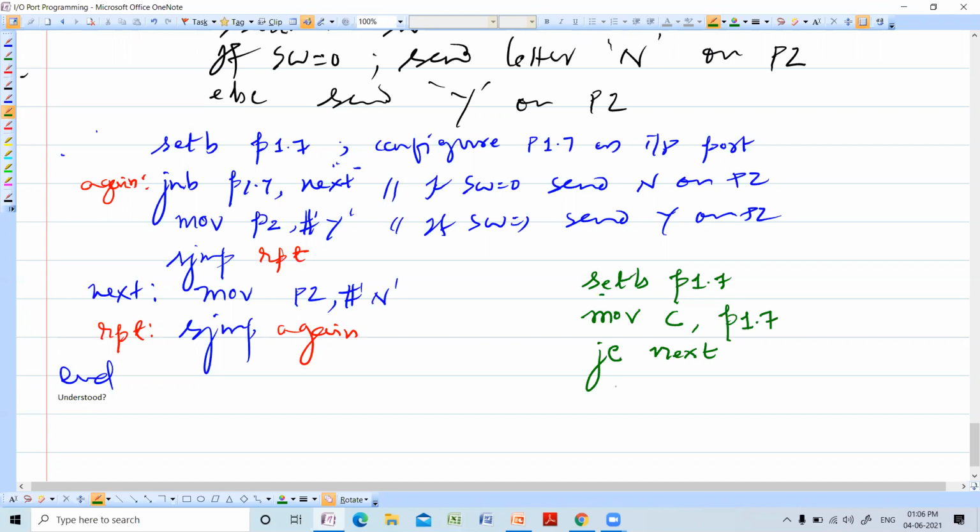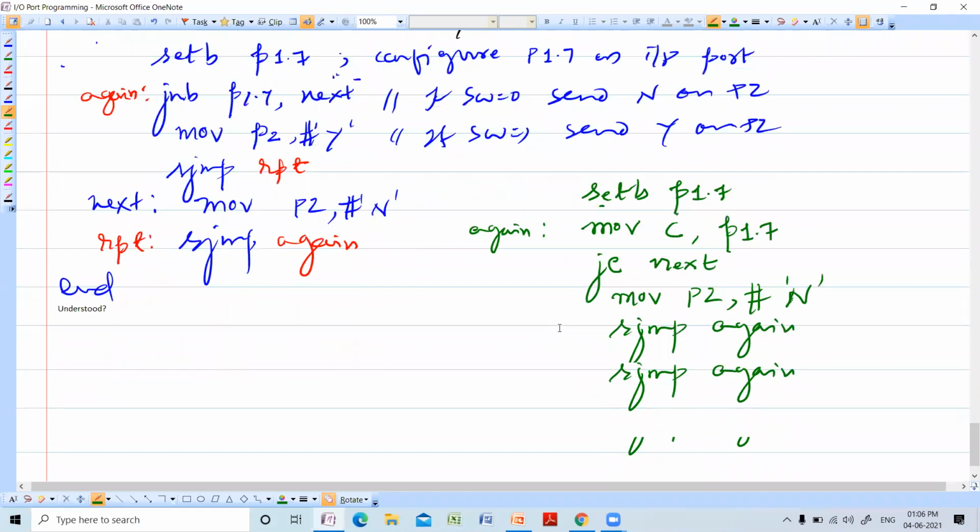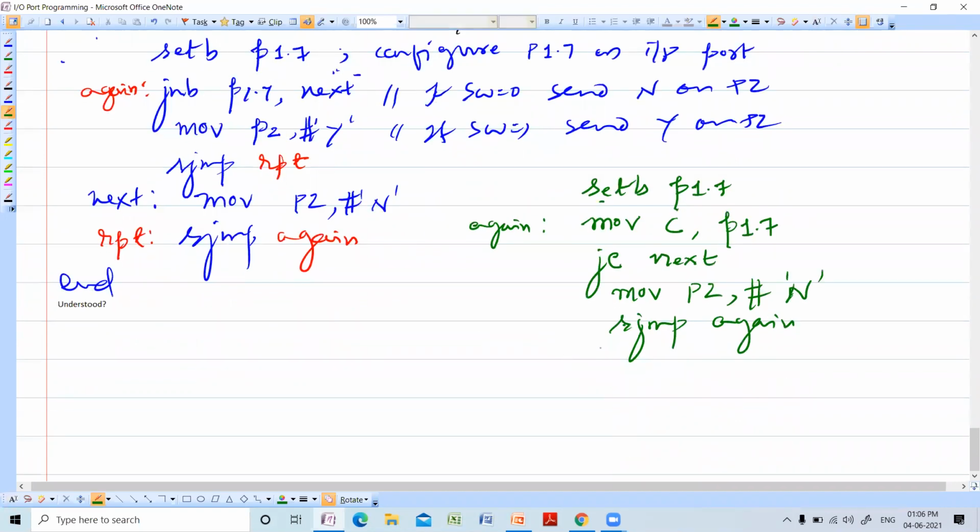If there is no carry, you are moving N. SJMP again. Again is reading it. Suppose there is a carry, what you have to do? You have to move P2, Y. Once again SJMP again.